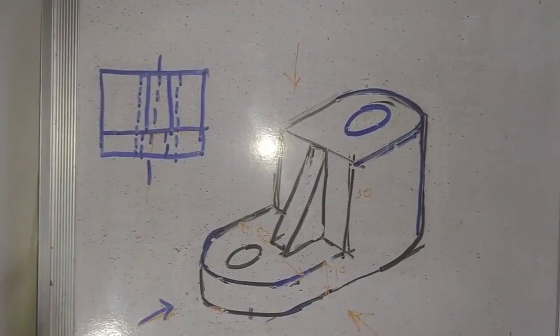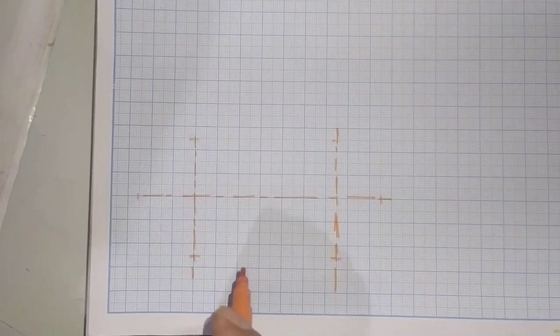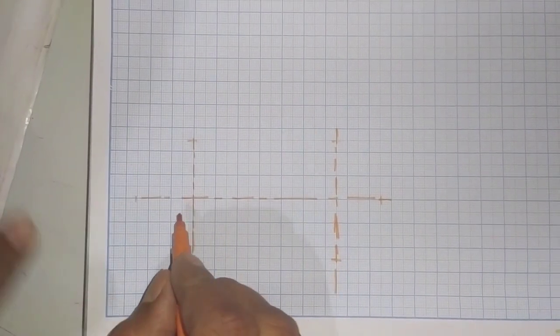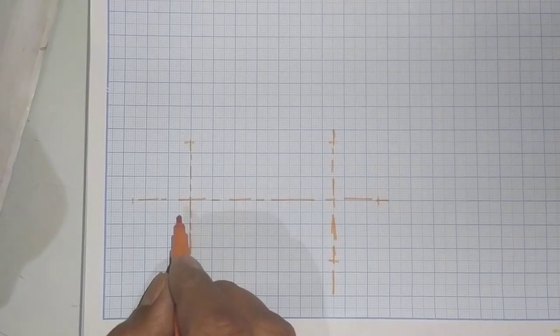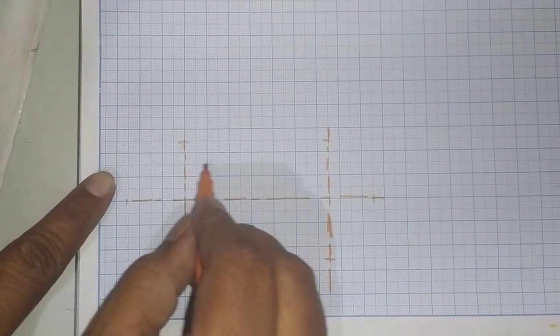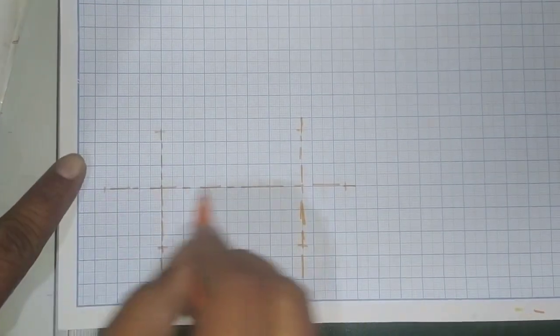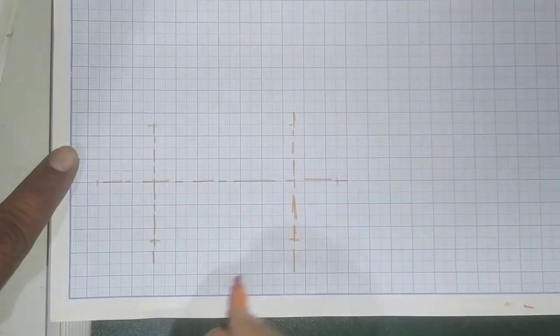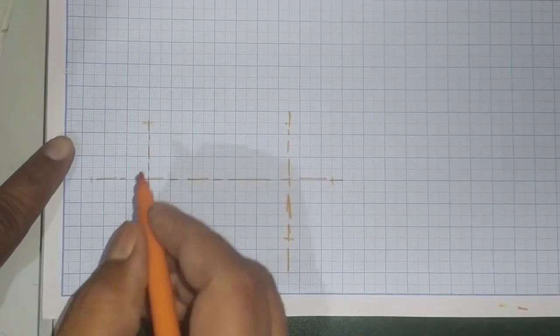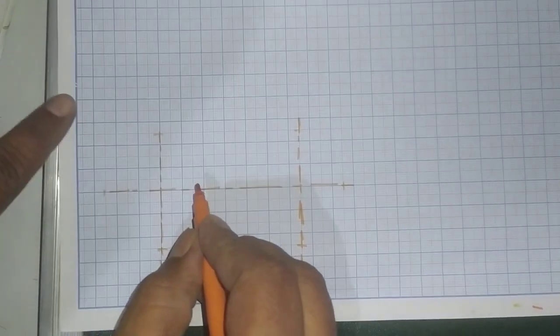Now we will draw the figure. Procedure to draw the figure: we have to draw the given figure. They have given the center distance between these as 45 plus 20, that is 65 mm: 10, 20, 30, 40, 50, 60, and 65. I have taken one horizontal center line and two vertical center lines. What is the radius? We know it is 25 mm: 10, 20 and 25 mm. Here I have taken 25 mm.